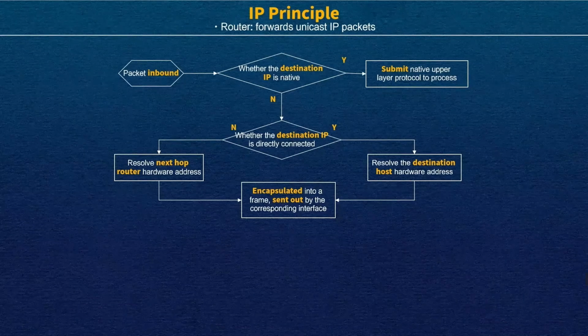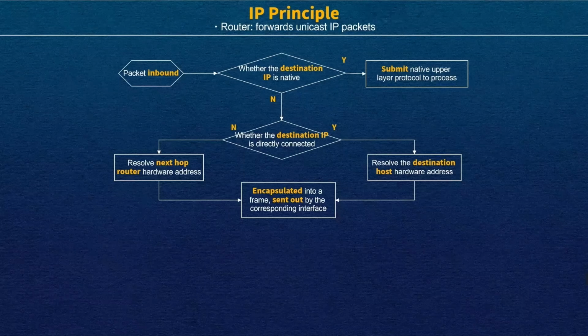The destination terminal is not directly connected with this router. In this scenario, you have to resolve the next hop router hardware address, right? Because you have to ask your next router, maybe router B, please help me continue to forward the information. Why will router B help you? If you give the packets to router B, router B will find the destination MAC address belongs to myself, then I